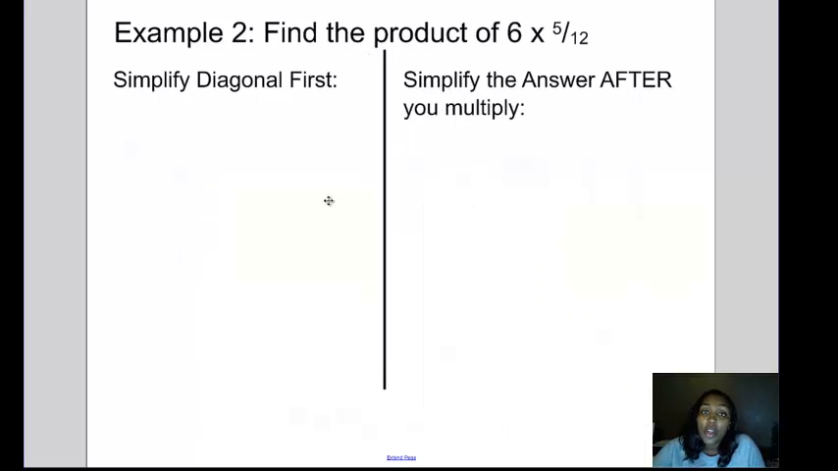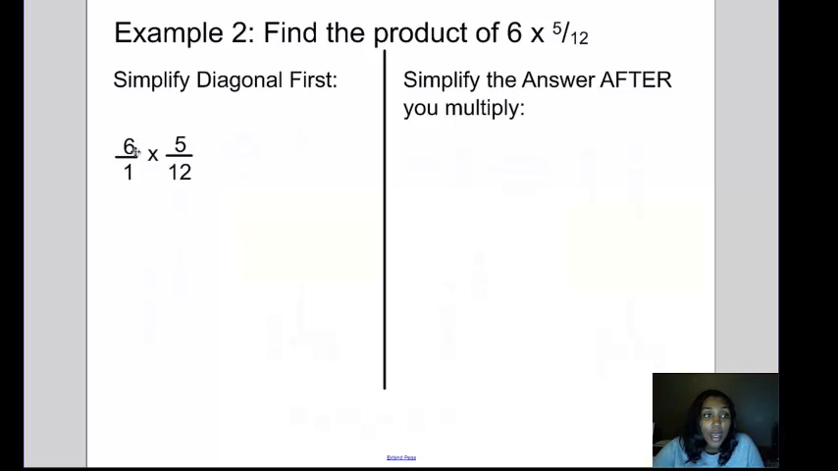So again, let's do another example. This time we're multiplying a whole number by a fraction. So we have 6 times 5/12. Well, the first thing you want to recognize is what to do with the whole number. When you have a whole number, you need to put a 1 underneath it, because it needs to have a top and a bottom so that you can do top times top over bottom